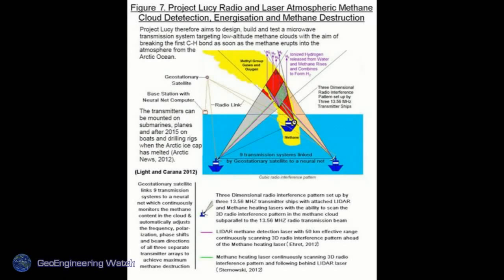Now, their latest proposal, as the experiment gets worse and worse, as they play weather whack-a-mole, they're now, we believe they're already at this program, to use the ionosphere heaters to nuke the atmosphere in a desperate attempt to try to degrade the methane that is already one of the consequences of the programs they've already been at for 60 years. So the equation just gets worse and worse. And we believe, by the way, they have been at this for about 60 years. We have documents on geoengineeringwatch.org from the NASA archives that show weather modification activity in the US back to the